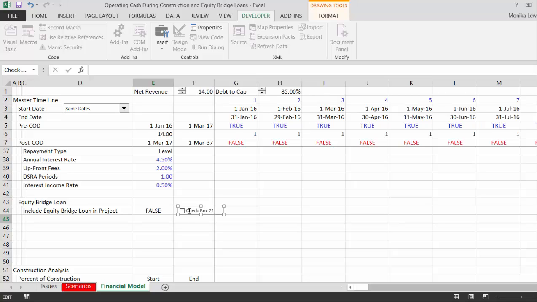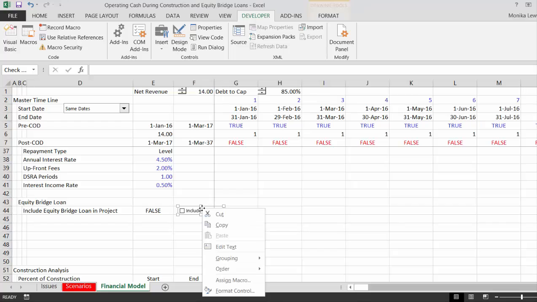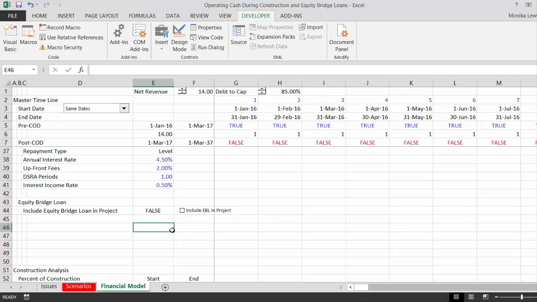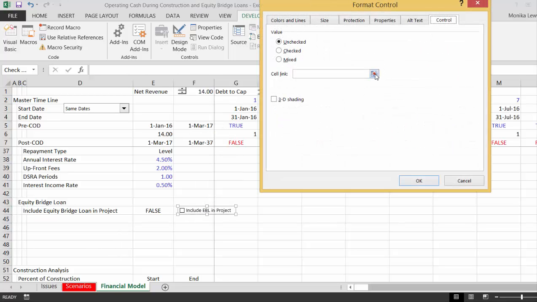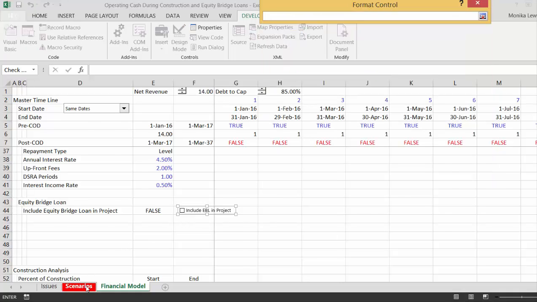Equity EBL in project. So maybe this is a moot issue. Maybe it's not a really exciting issue for you, but I want to illustrate the idea of this whole issue. Okay, so let's move this to another place. Okay,